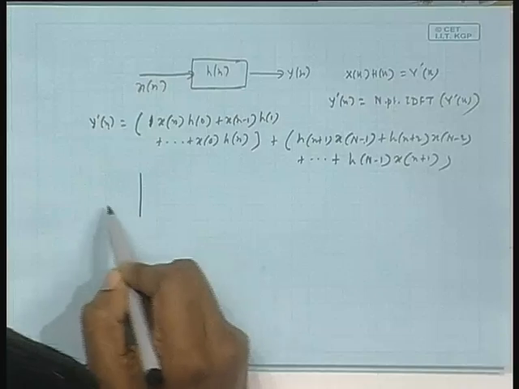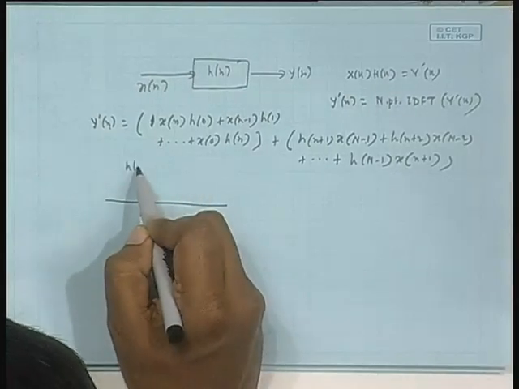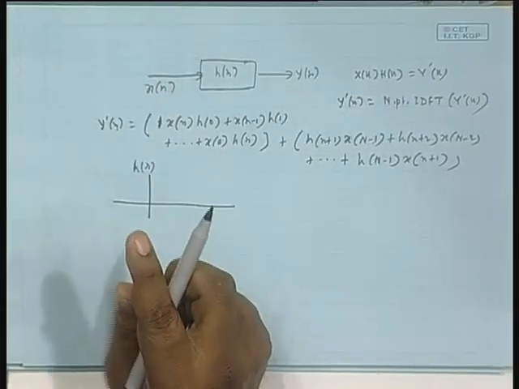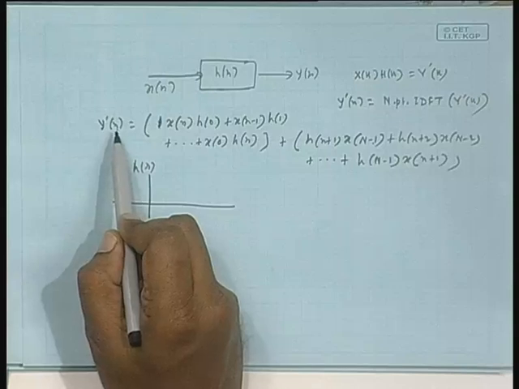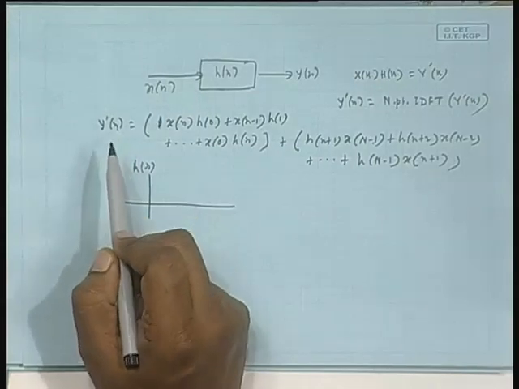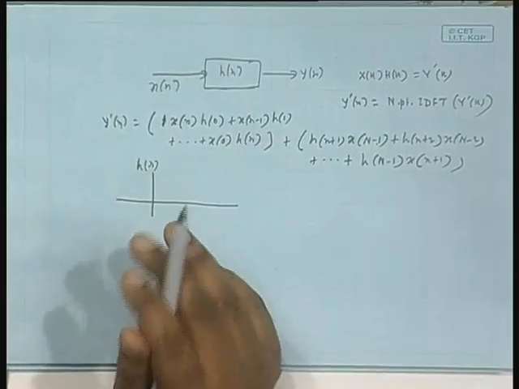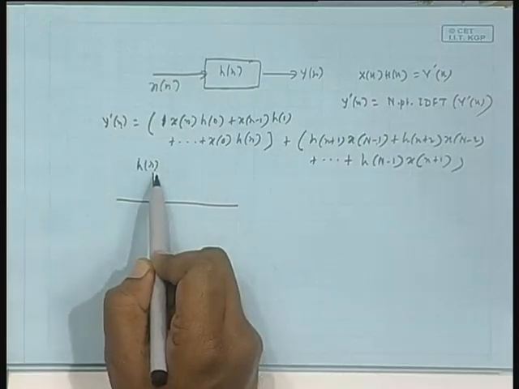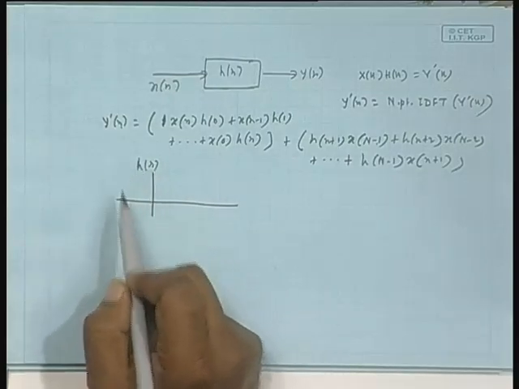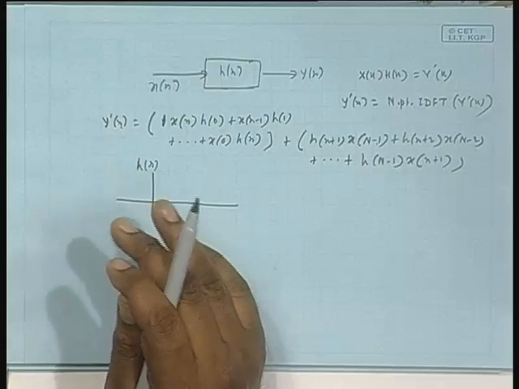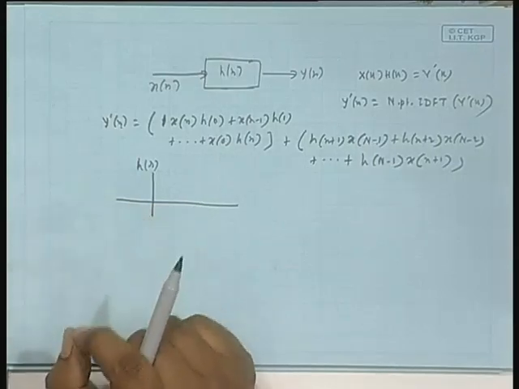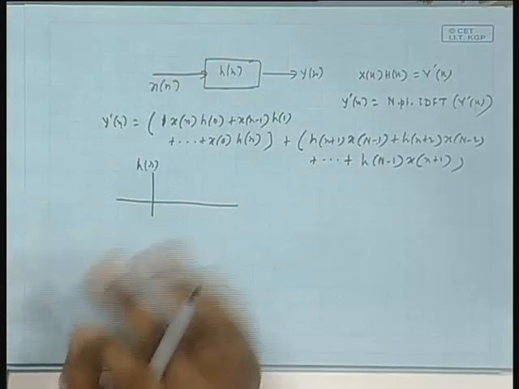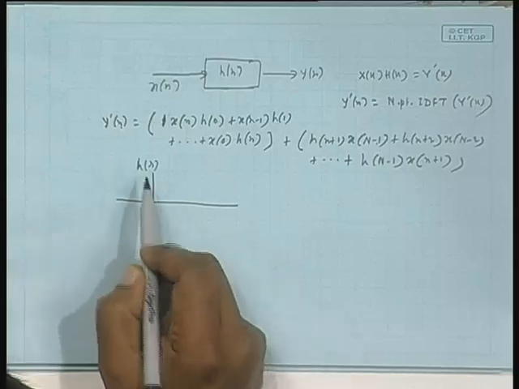So, h I write as it is, say maybe h of r, where n I reserve for computing the convolution, n is an index at which you want to find out the convolution. So, n is your choice, which means fixed, n cannot be variable. So, call it h r then. Plot h sequence as a function of r, not as a function of n, because n is your choice here, you have to find the convolution at a specific choice of value of n. So, n is fixed, that is why I am writing it h r.